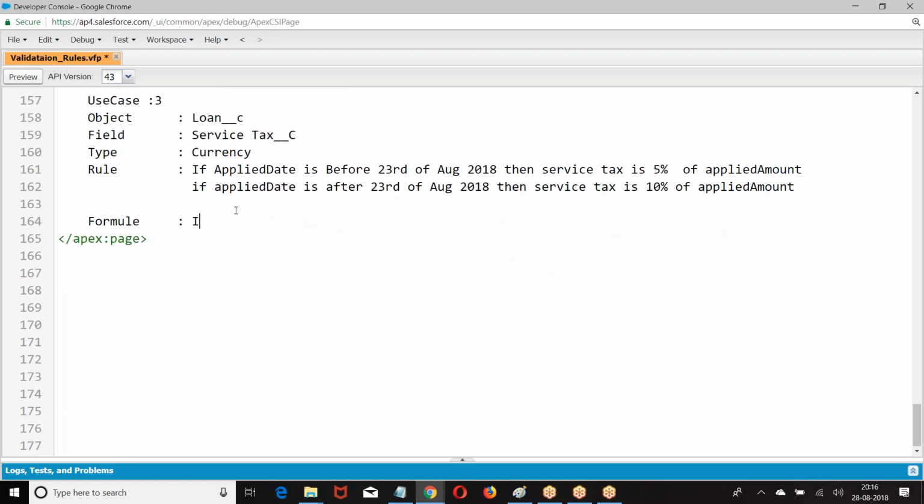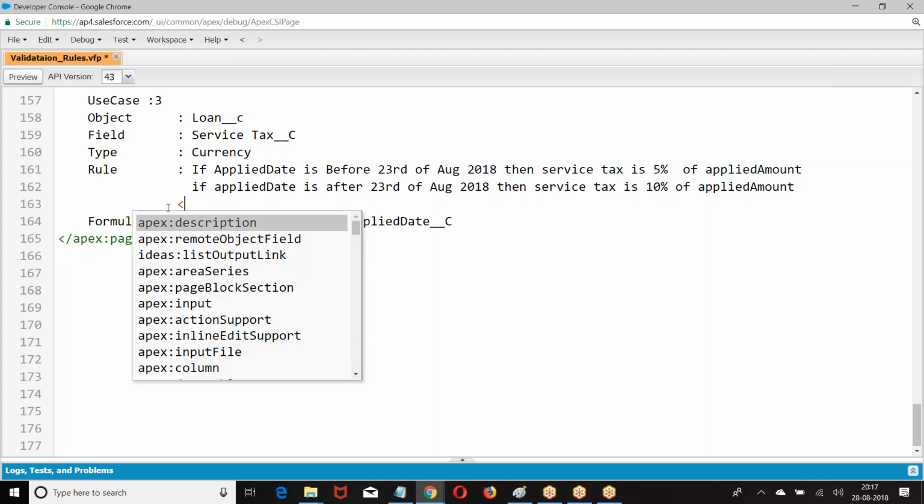So what was that? If applied date less than date of 2018 August, greater than, I have to write vice versa. Your system will give an error message here. Let me give.